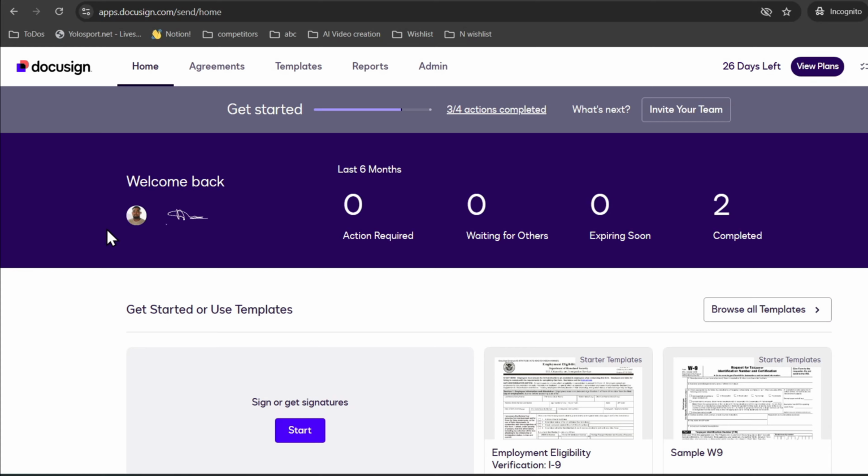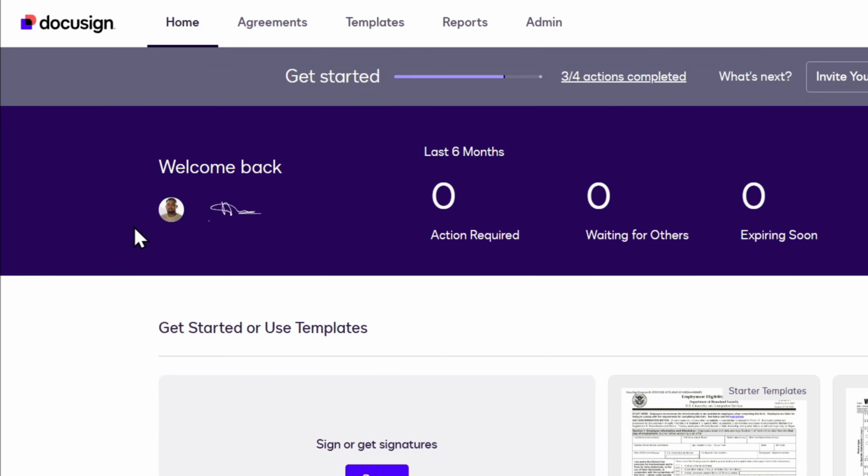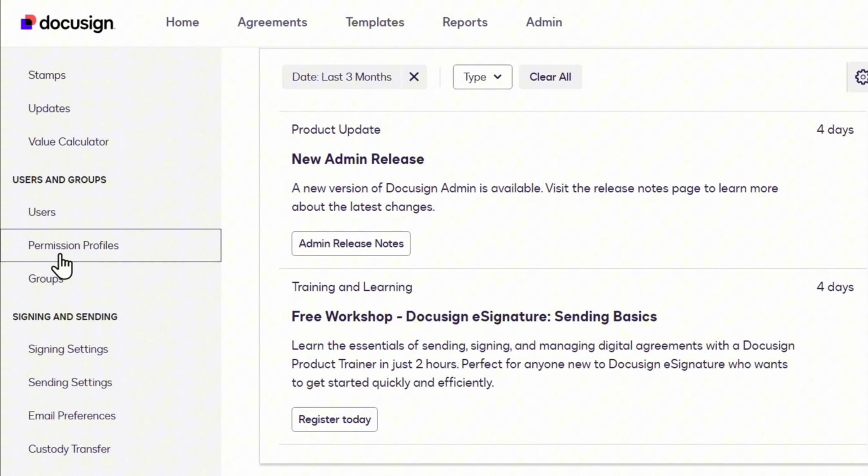And in this video, I'm going to show you how you can manage your email notifications on DocuSign. So you want to go to admin on the upper part of your screen, choose the admin option from those options there. And on the left hand side, scroll down and you will find under sign in and send in